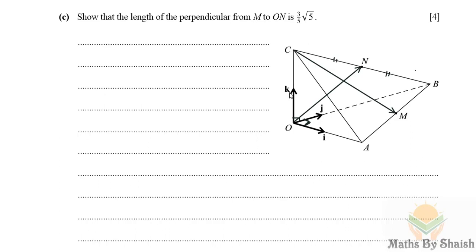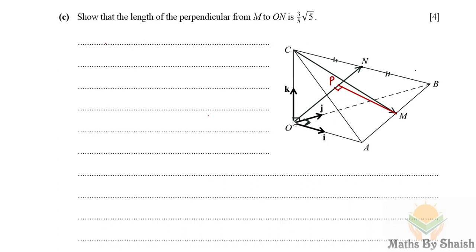So let me drop a perpendicular on it. Now here's the perpendicular I draw. Let's say this, of course, this angle would be 90 degrees. I'll mark this point, any point on this, as B. So in this type of question, first of all we'll take a general point on